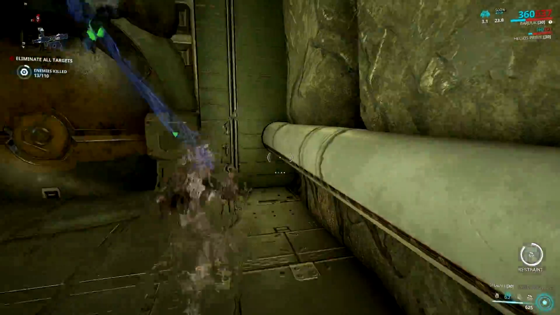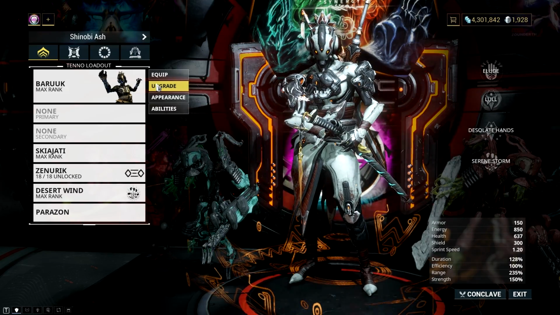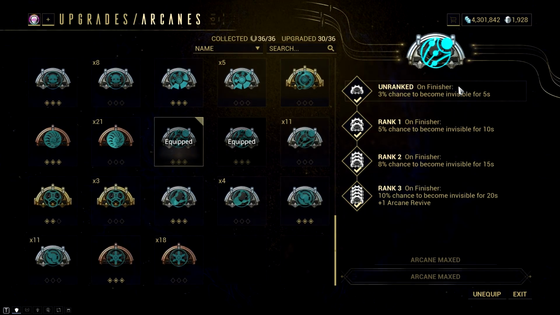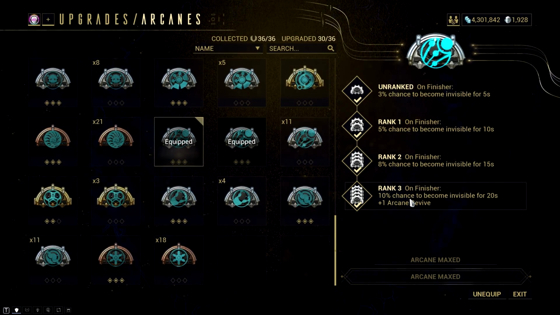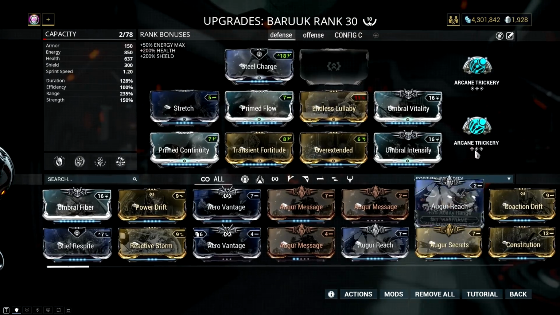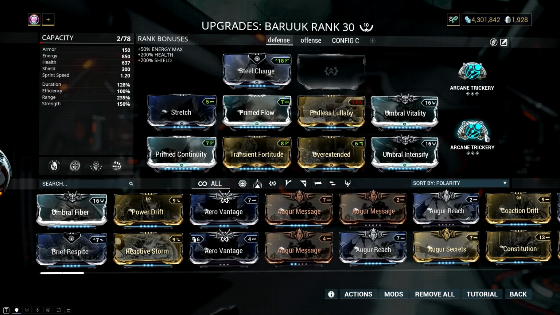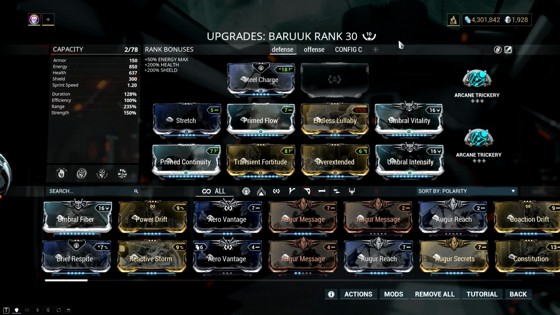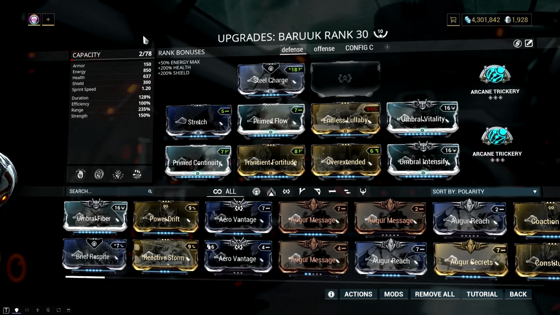finisher damage. Talking about builds and setup, the first thing you need is 2 Arcane Trickery to become a stealth monk. Using 2 rank 3 Trickery on a Warframe results in a 19% chance to become invisible. The chance may be small on paper, but that's sufficient since we will be doing finisher attacks most of the time with this setup. In terms of modding, you can copy my build or try a different variant if you